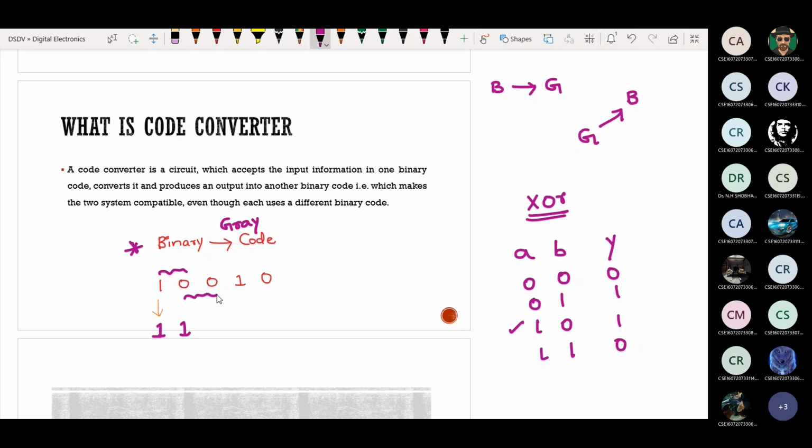Next, XOR between 0 and 0? 0. Next, XOR between 0 and 1? 1. Next, XOR between 1 and 0? 1. So this is the binary code. We have converted this one into gray code. So simply, a code converter converts one form of code into another.